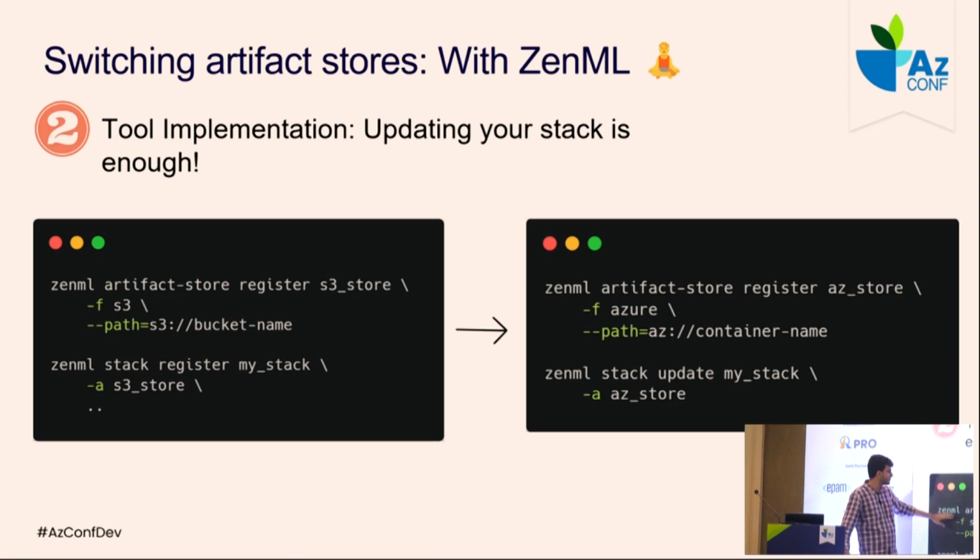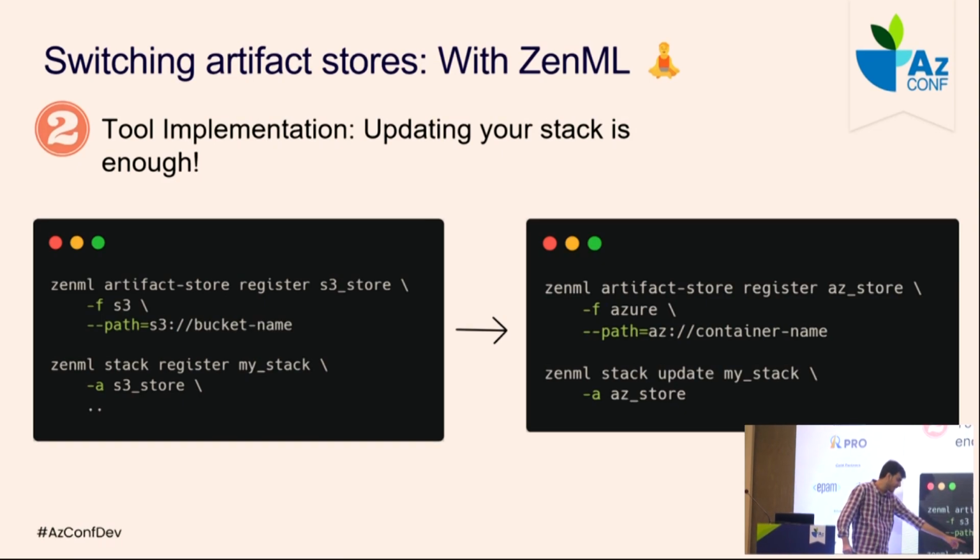So earlier you used to have an S3 artifact store. So: zenml artifact-store register, a pretty simple API, flavor S3, and then the path of your bucket. This configuration lives as part of a stack. So you register a new stack, zenml stack register my_stack, and then I add the artifact store here with -a, and there'll be other components as well, like -o for orchestrator, and so on. You define a new stack here, and then you can run your pipelines here.